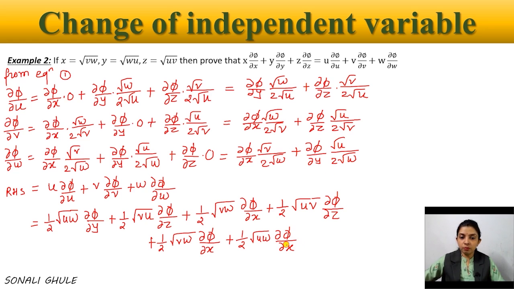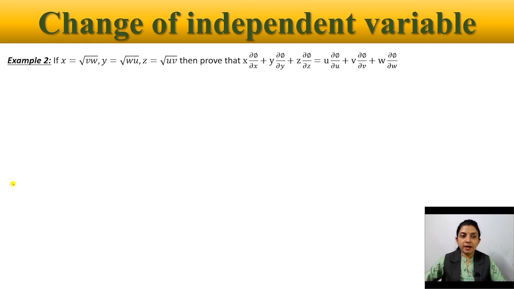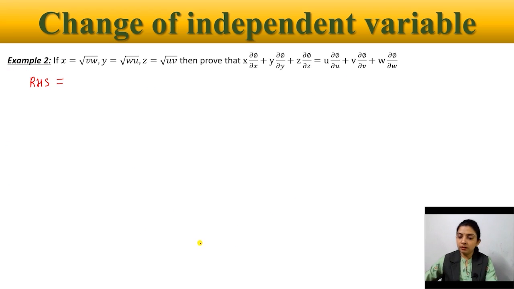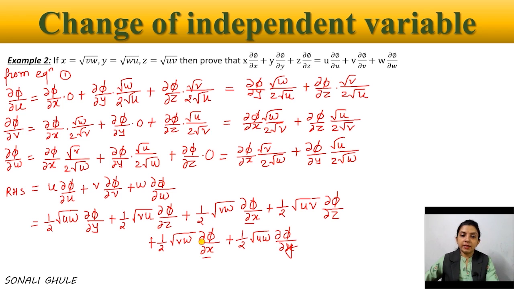Phi with respect to Y, not X. Okay. So here, if we check, this is your phi with respect to X, phi with respect to X, and both the terms are same. So simply we have to do addition. So can I write here right hand side is equals to, see, if I do the addition of these two terms, 1 by 2 plus 1 by 2, that will be 2 by 2, means only 1 is remaining. So I can write this is,